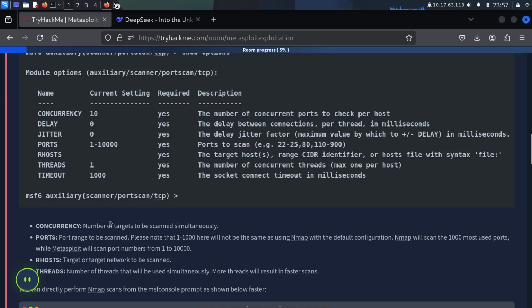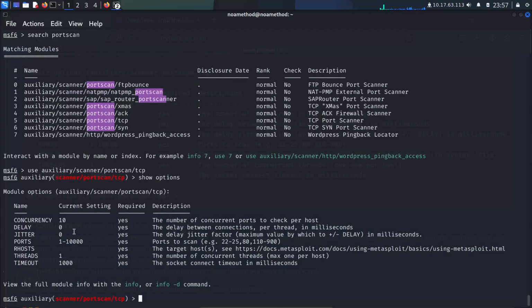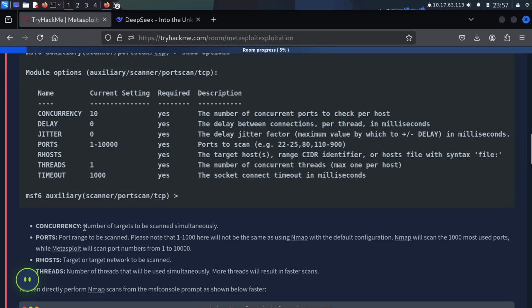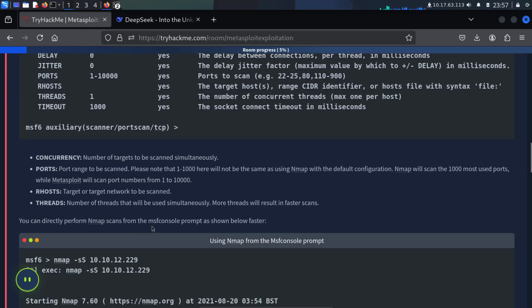CONCURRENCY is the number of targets to be scanned simultaneously. PORTS is the port range to be scanned, which is 1 to 10000 here and will not be the same as using Nmap with the default configuration.